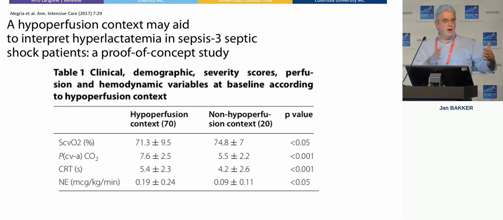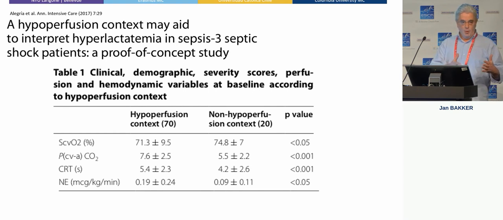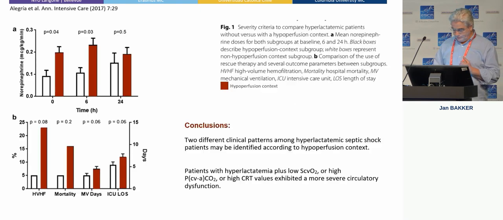And so we said, if you have lactate with any of these perfusion parameters being abnormal, is there a difference? So does lactate with hypoperfusion parameters or without make a difference in patient outcome? And although not all the differences were statistically significant, it was not a very huge group of patients, you can appreciate that the patient in a hypoperfusion context having an increased lactate did worse than patients that have normal perfusion